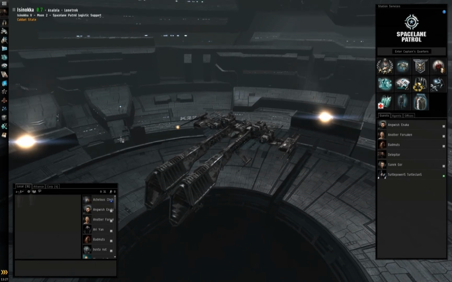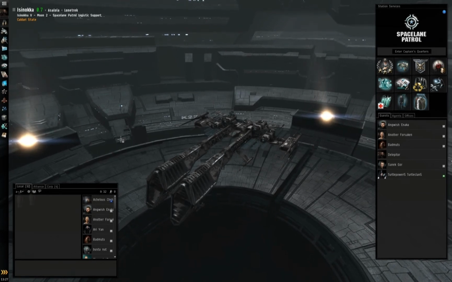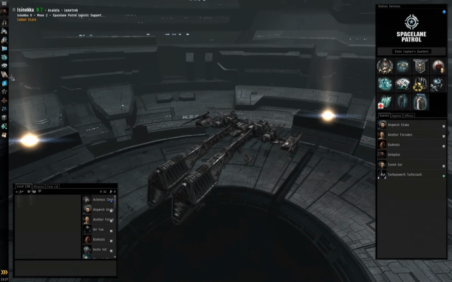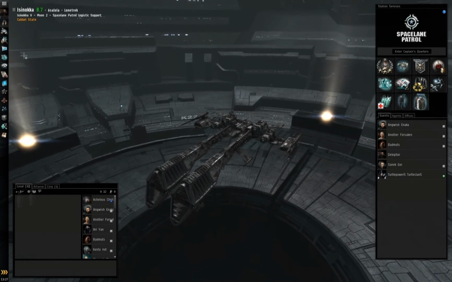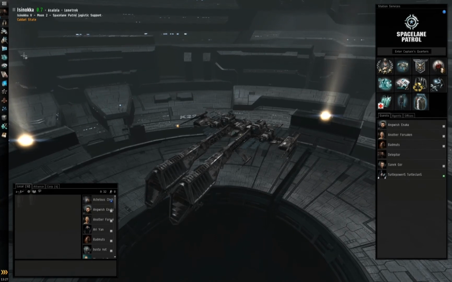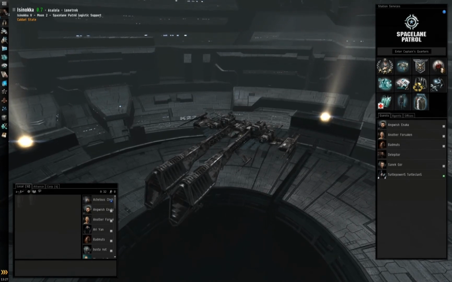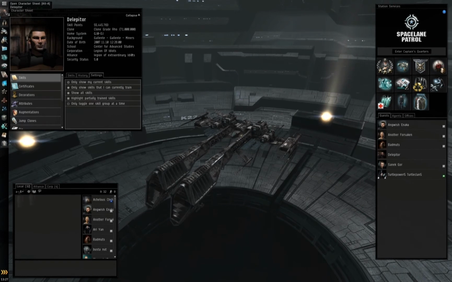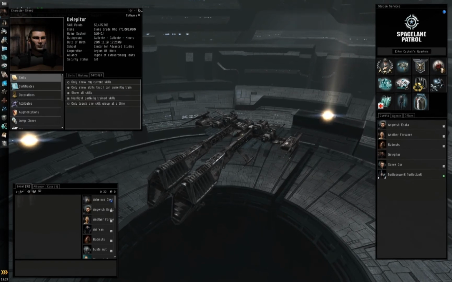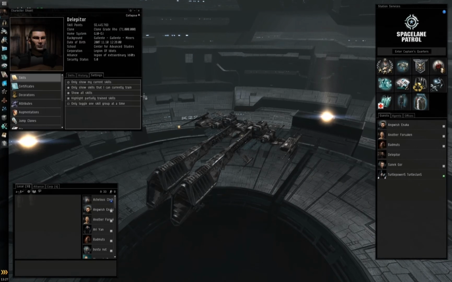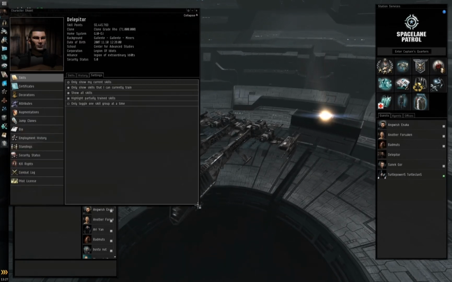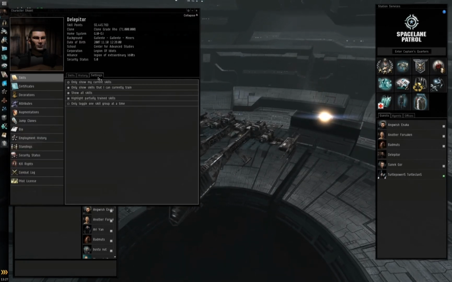So that's the Neocom, and what we're going to do is we're going to go through some of the things in the Neocom now and actually show you how to set those up correctly. So the first thing is the skills. First and foremost, when you click on your skills, I'm going to open it through here, but the first thing in skills, under settings,